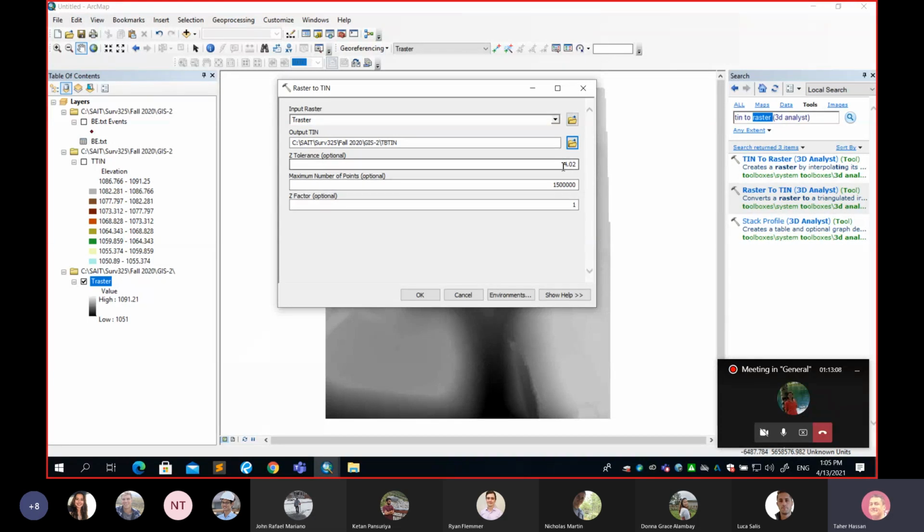To be honest, I'm kind of against Esri because this number shouldn't be optional. Right now, the software is giving you 4.02, and I want all of you to do it based on 4.02. However, I will do something else. I will change this number to, let's say, 0.01, and I will tell you what it means and how it affects your TIN back. Please, when you do it, note the number given by the software for the Z tolerance. I will make it very refined. I will use 0.01, and I will show you how your TIN will be completely different if you change this number. Now we're ready. I'm going to go here and say okay,